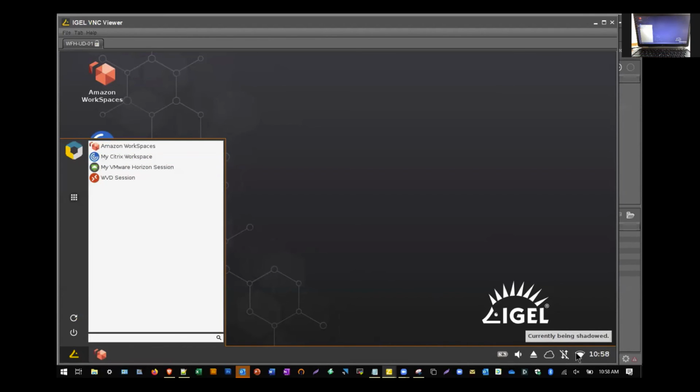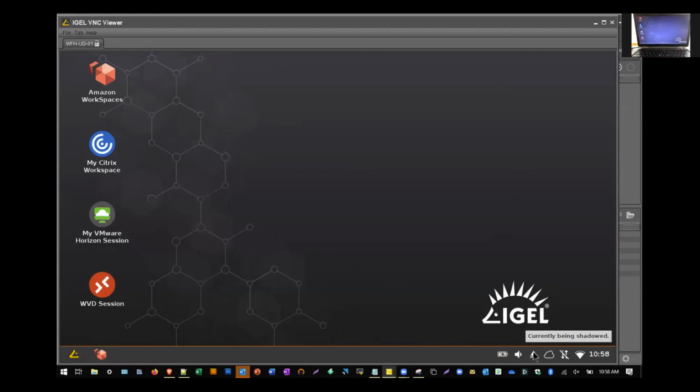Even things like understanding, I want to connect to a wireless network, or even locking down USB pieces, like plugging in USBs, preventing other USB devices from being plugged in. Those are all optional things that you can do to create an even more secure workspace from an IGEL perspective.